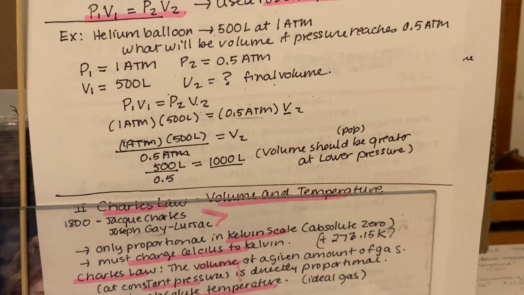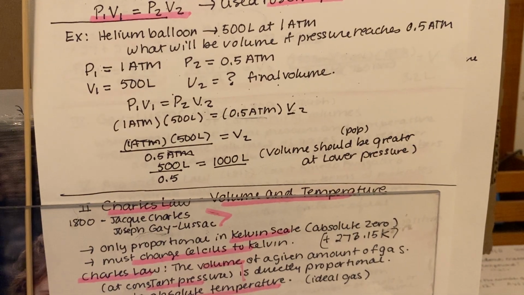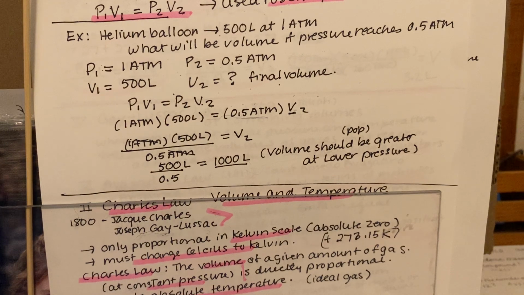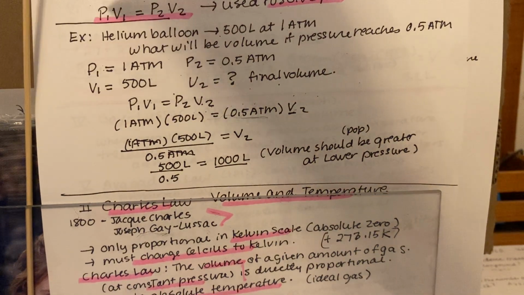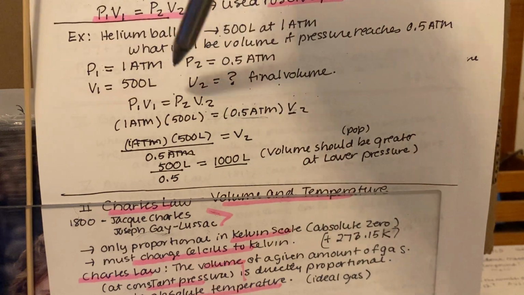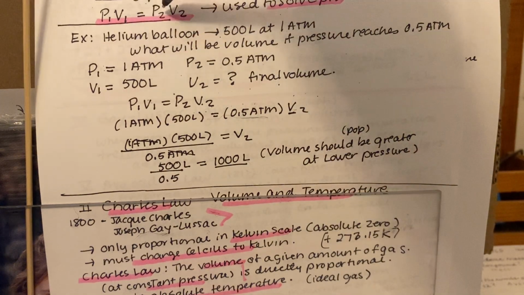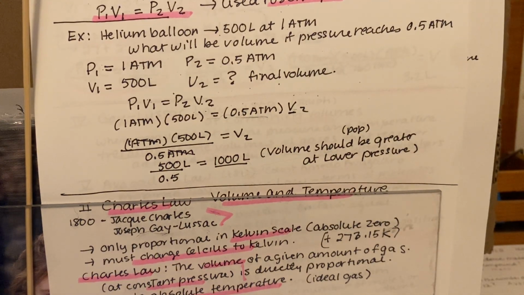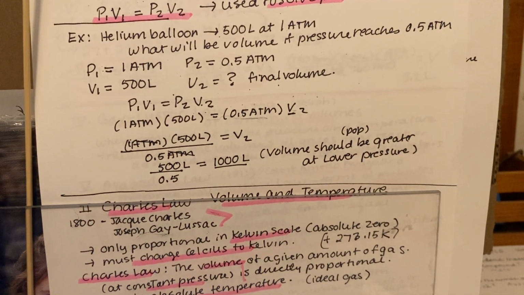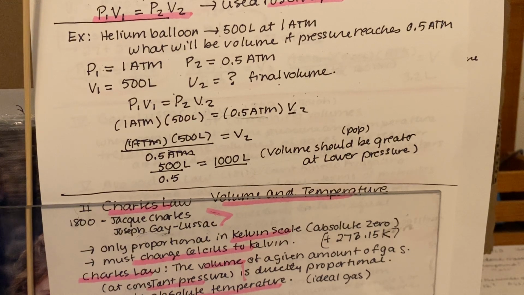So that's how you do it. You're going to have some problems like that. They're actually pretty easy, but you have to make sure you just use this formula here and then put in each pressure and volume, and then make it into a problem where they equal each other and fill in the blanks. So we can do that. It's not going to be too hard. So just remember and review